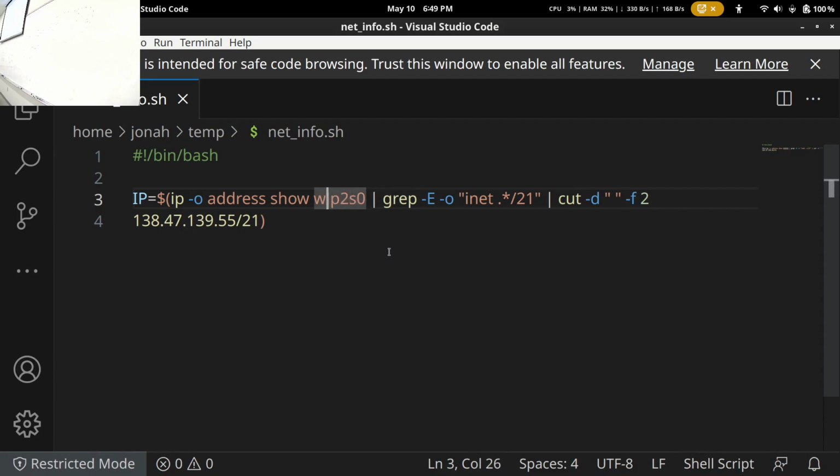So I have the IP command. I get that specific line that I wanted, or that specific device that I wanted. And then it takes all of that output and gives it to the grep command, right? And then grep can't just take it directly from IP, so Linux will take the output of IP and store it into a temporary storage space for grep to grab. And that's what an unnamed pipe is.